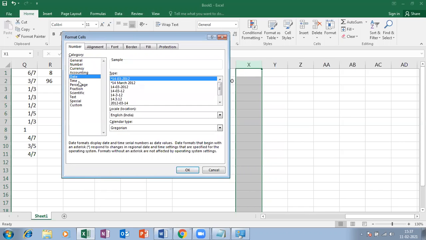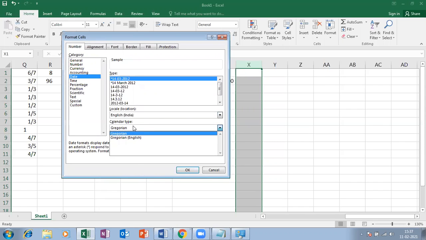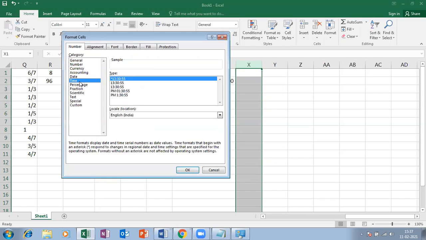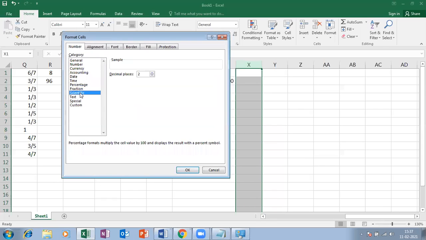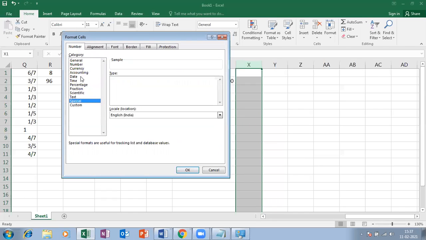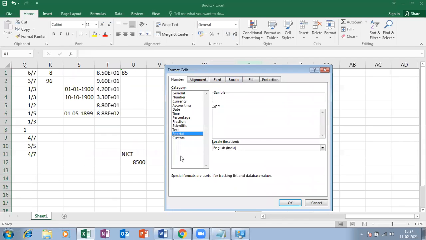Accounting, date. Which date format you want, and calendar type, time, and then percentage, fraction, scientific, text, special. Whatever you want, you can set those format options using this format cell group.